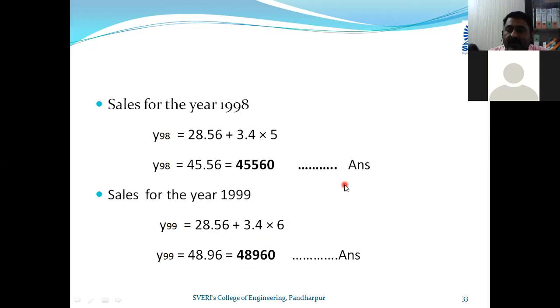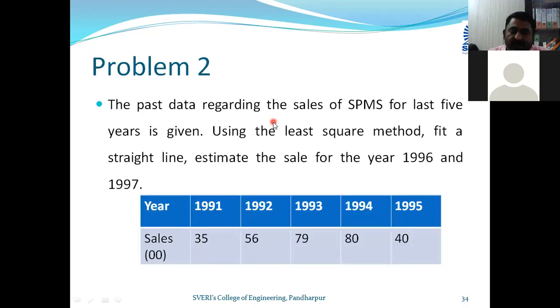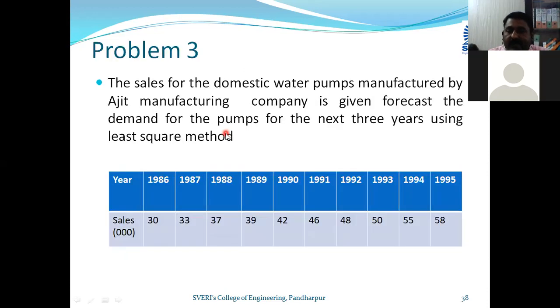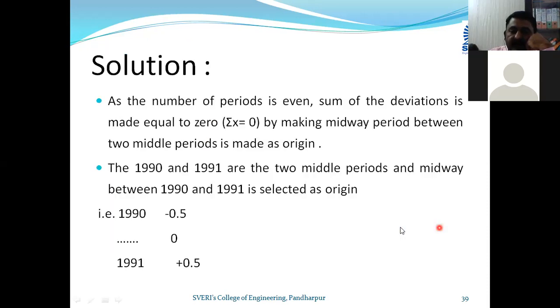We have already solved these numericals, but after 1 week we are taking the lecture related to forecasting, therefore I am taking the revision. Then problem number 2, again one more problem we have discussed. Here also the middle year is taken as 0, and then -1 -2, 1 and 2, because these are odd numbers of years given. Similarly we have taken one more numerical. Then further we have gone for 1 2 3 4 5 6 7 8 9 10. Here the origin is not exactly at the center, it is between 1990 and 1991. So in between I have to take 0.